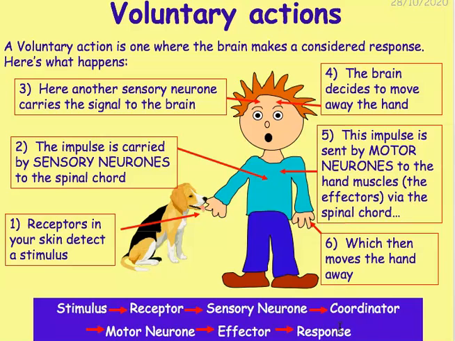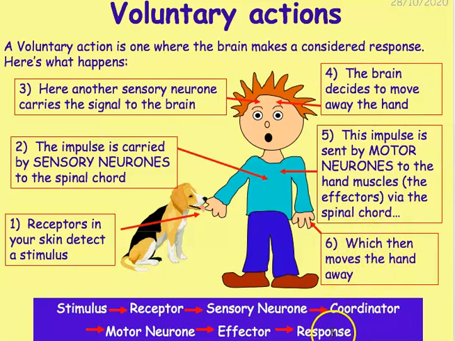So if I were you, I would pause this screen and make sure you've got these stages down. So let's go through this again. The stimulus in this case is the dog, okay? The receptor are the receptor cells in his skin. The sensory neuron will then send a message to the coordinator, and you need to know that the coordinator is the brain. The brain will then send a message via the motor neurons back to the effector. The effector in this case are the muscles in his arms, okay? And that will cause him to respond, and it says at number 6,